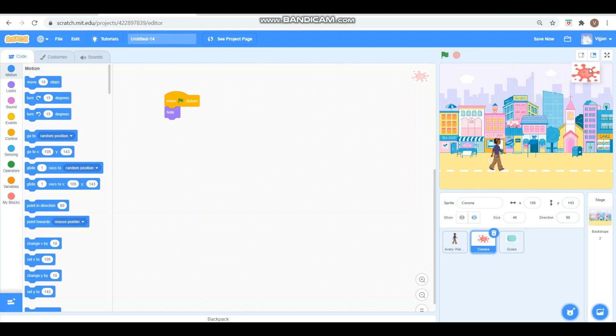So the y axis is remaining constant. If I start from the top, the y axis is remaining constant, right? It's 146, 145, but the x axis is changing, from negative 198 to positive 196. So we should be telling the program to start the coronavirus from y position, which is 148, but the x position should be varying from minus 197 to plus 195.